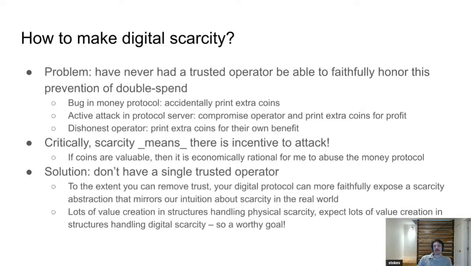And in particular, this is the key point here: if you ever make one of these protocols where there's a way for someone to profit, basically they will, it's just a matter of time. And the reason we're using this in the first place is because these coins are valuable for some reason. So again, there's this direct financial incentive for people to actually attack this thing.